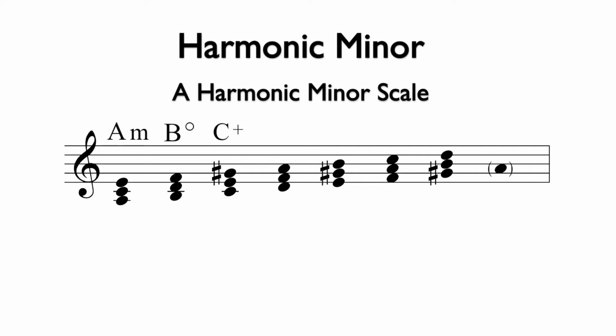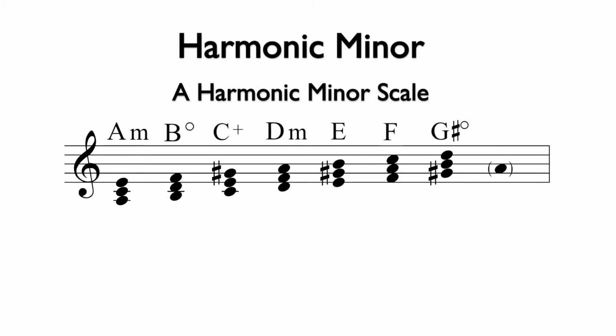If we continue up the scale using the formulas for triads, we will determine that the 4th chord is D minor, the 5th chord with E, G sharp, and B is E major, the 6th chord is F major, and the 7th chord with G sharp, B, and D is G sharp diminished. This returns us back to A minor, a chord that we do not have to rewrite since it is the same as the first chord.